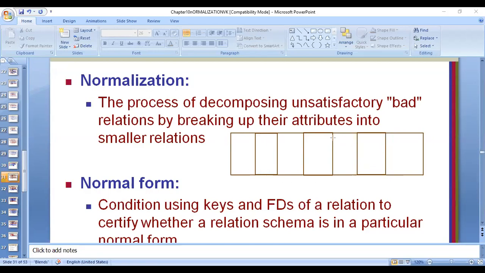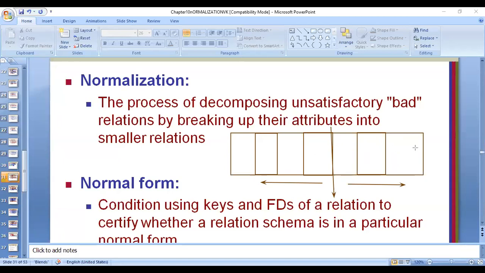Now suppose this particular relation is not satisfactory, that means it doesn't follow the guidelines. It is impure. That means it has some pollution of another entity. It is not purely describing one particular entity. Then what can we do? We may think of splitting it up. If we split along this line, it will form two tables, one like this and one like this. So the original one relation, we have tried to split into